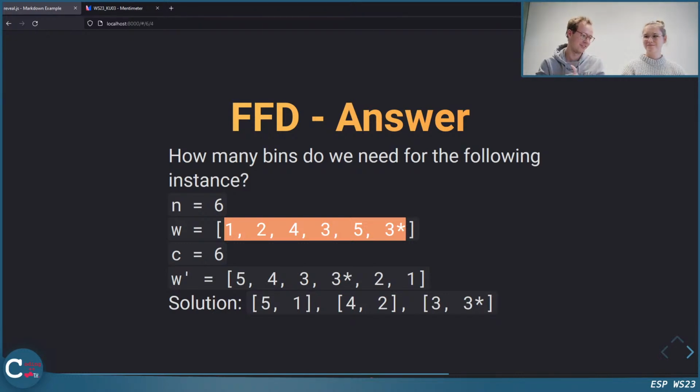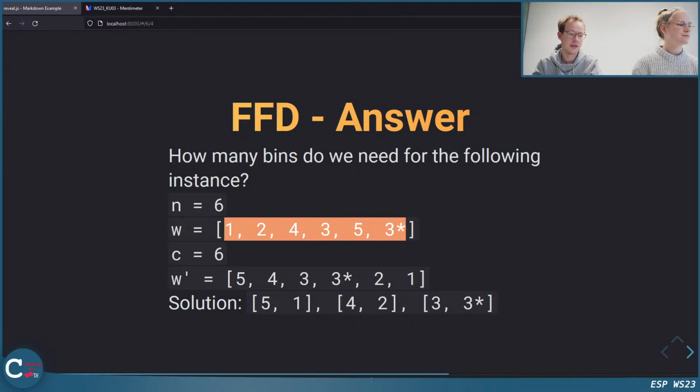I give you the solution. No, it's not optimum. So you can create an instance where the first fit decreasing doesn't produce the optimum solution. And maybe if you want to think about this a bit further, you do as a homework, think of some instance where the optimum solution is better than the solution that you obtain from the first fit decreasing algorithm. So, of course, it should be best for minimizing the number of bins and not for speed of the algorithm.